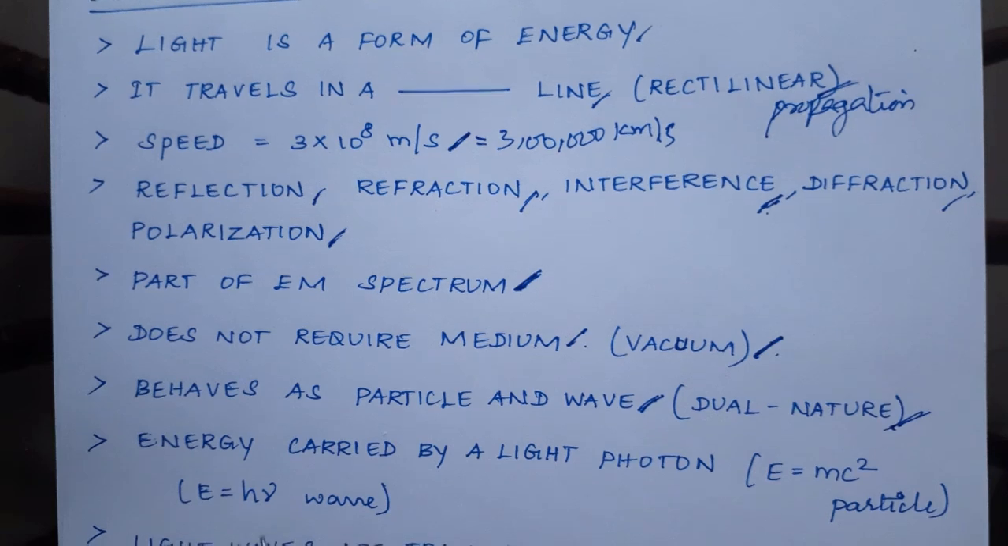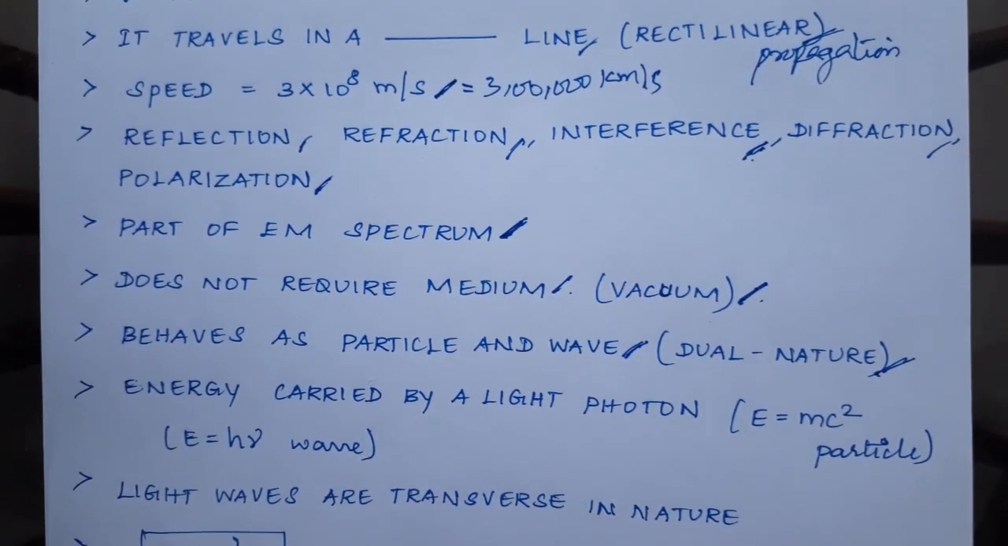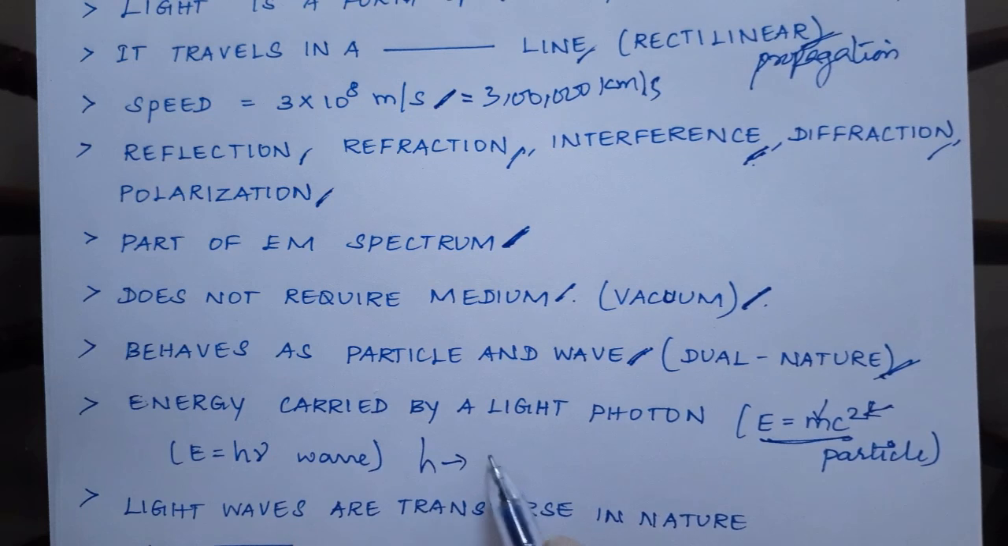Right. Energy carried by a light photon. Light carries some energy. That energy, if it is a particle, is E equals mc squared, where m is the mass of the particle and c is the velocity of light. If it is a wave, E equals h nu, where nu is the frequency and h is Planck's constant,